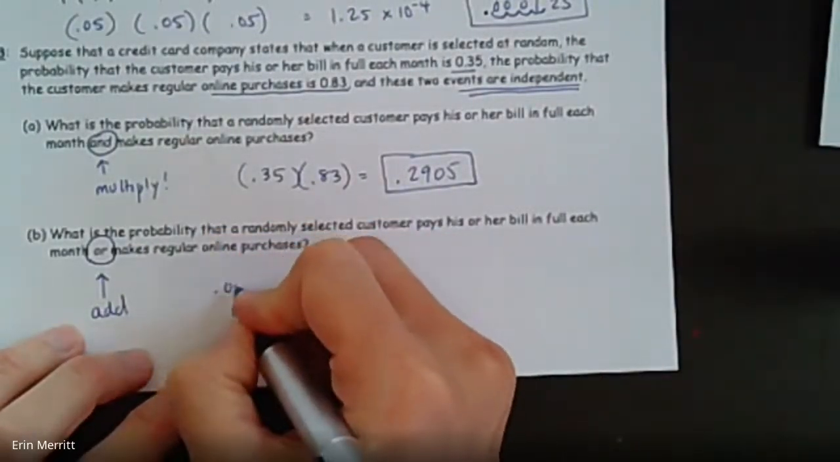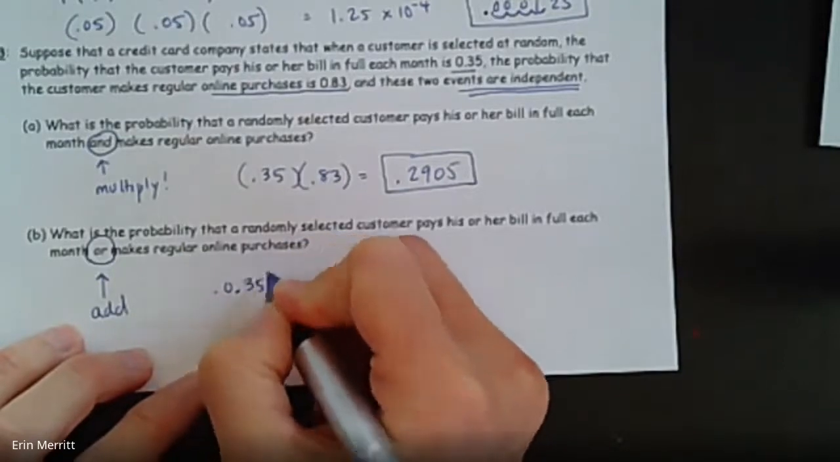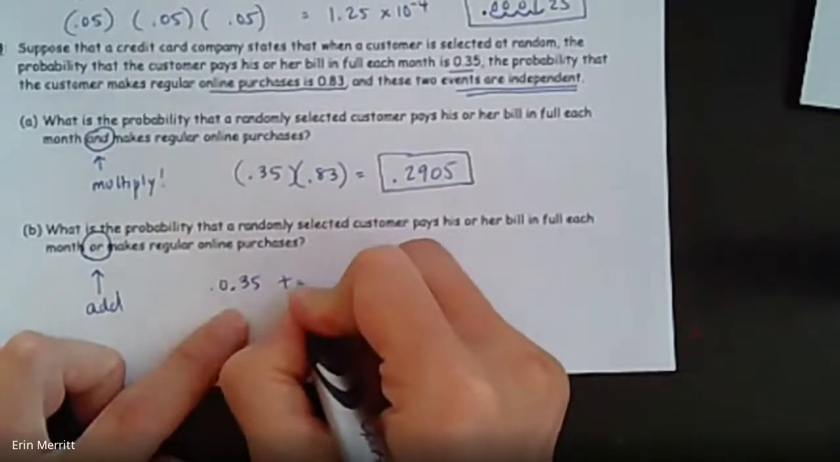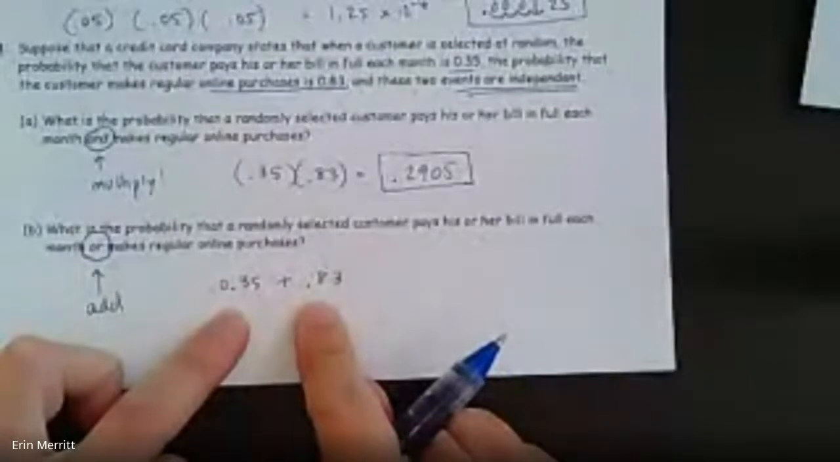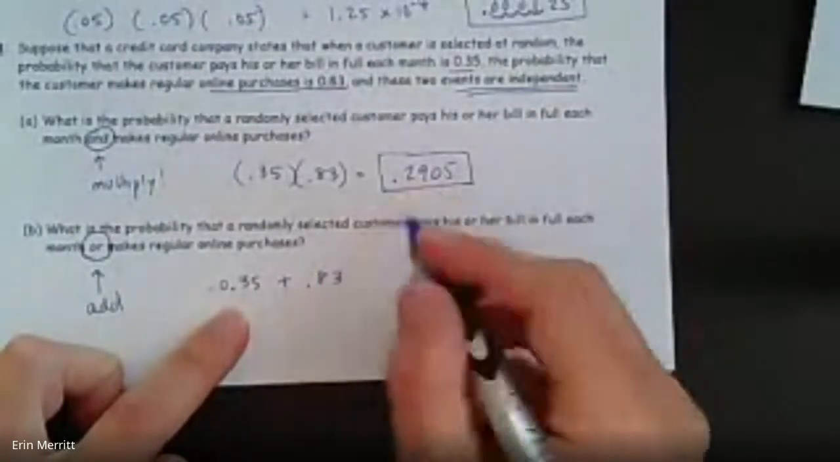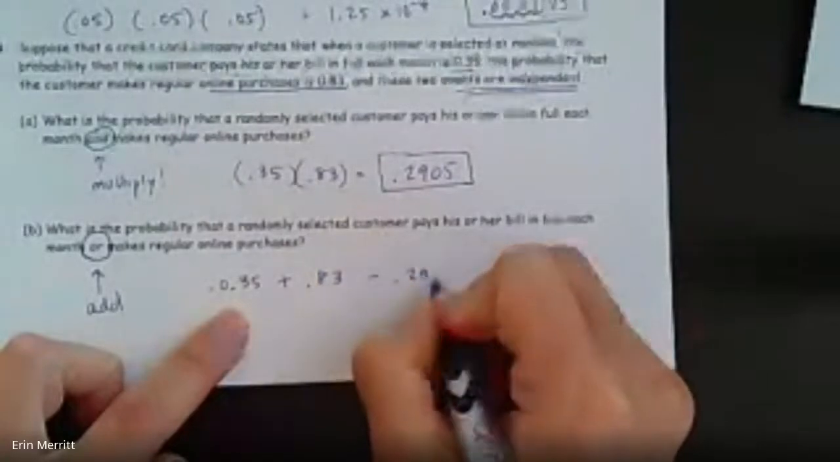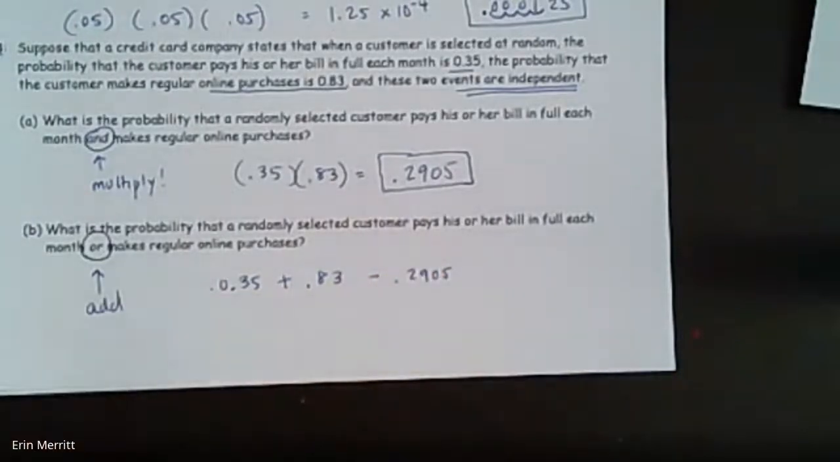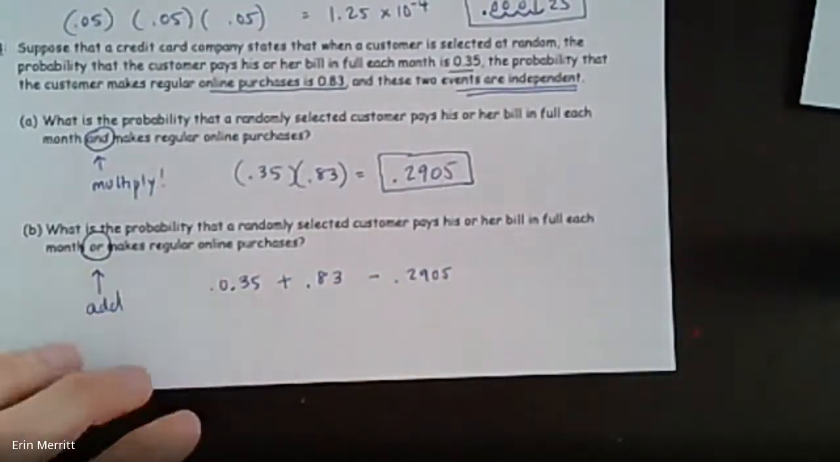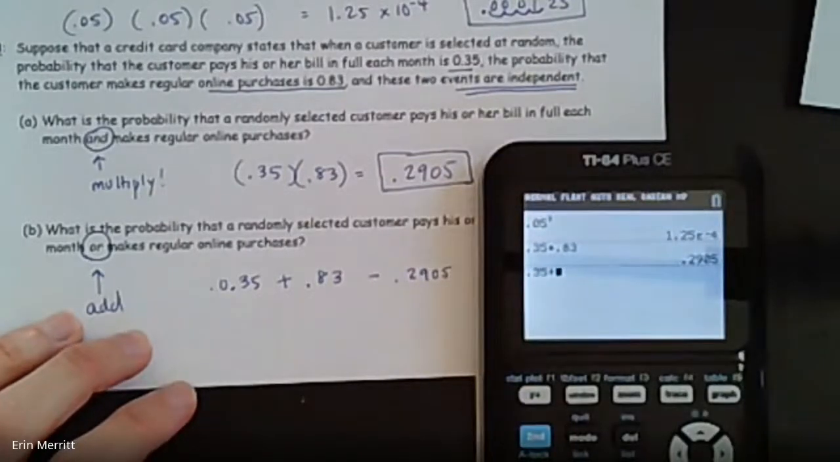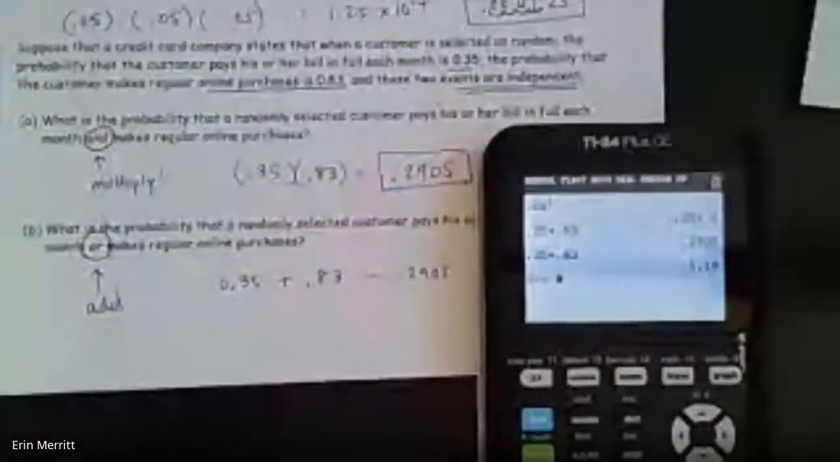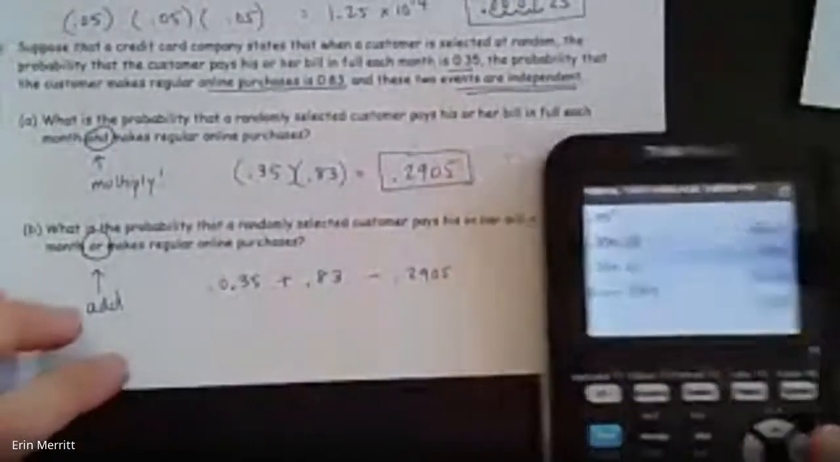So you have to account for that. So you're going to add the people that pay their bill in full plus the people that make online purchases, but you've counted those people twice. So now you have to subtract the 0.2905. All right, so this is like the probability of A plus B minus the probability of A and B, right? And you would have figured it out anyways, because if you went 0.35 plus 0.83, you're over 1. You can't be over 1. So that should tip you off to like, wait, what did I forget about? So then minus 0.2905, and we land at